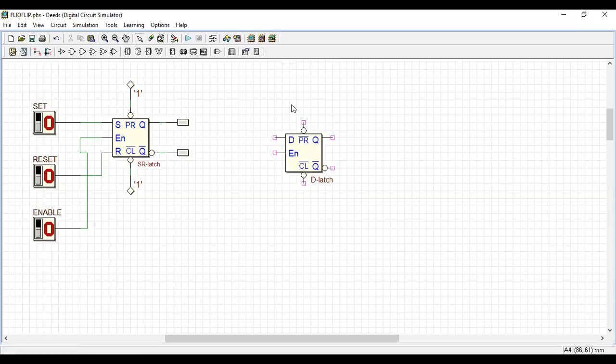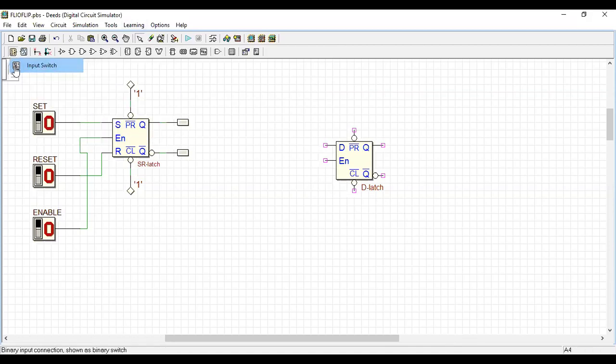Okay, now we will try with a different flip-flop. It is D flip-flop. It is a delay flip-flop, or I can call it data flip-flop. D is for delay flip-flop or data flip-flop. Now take the inputs. The two inputs you have to connect.